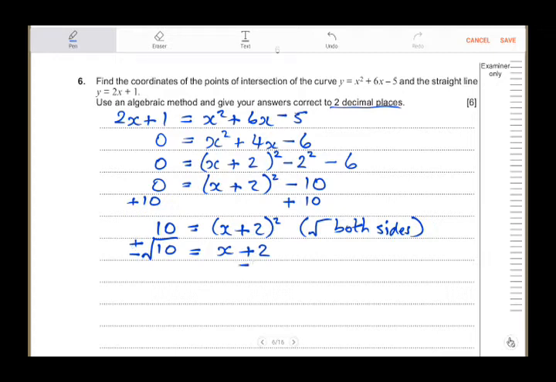Right, now we take away 2 from both sides, and we have plus or minus square root of 10, minus 2, equals x. So our two solutions are plus the square root of 10 minus 2, or minus the square root of 10 minus 2. Now we need to do this on a calculator. So I'm going to get my calculator. I'm going to do square root of 10 first, minus 2, and I get